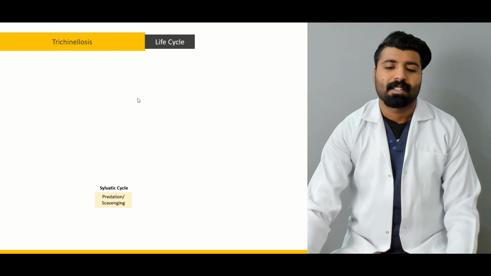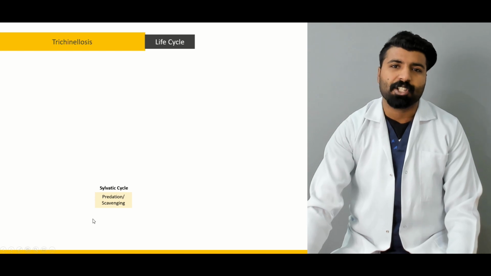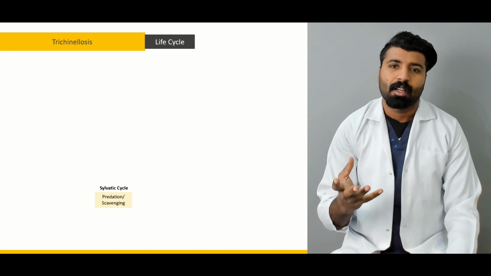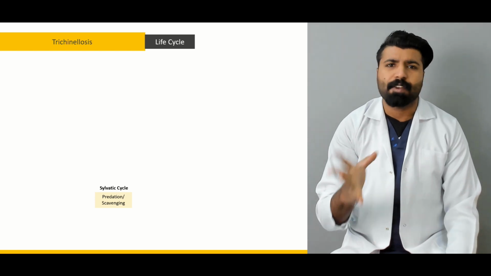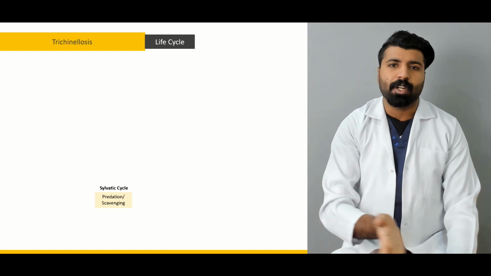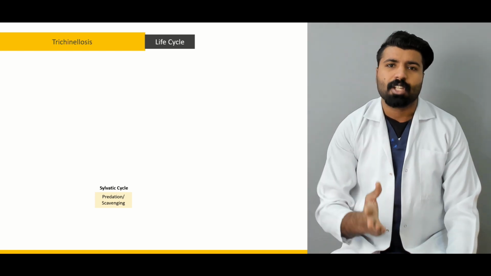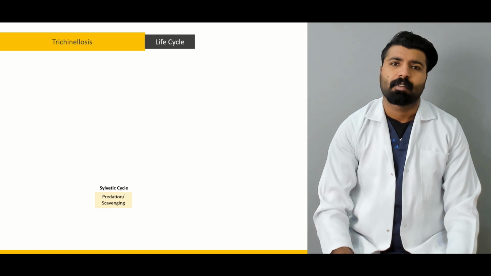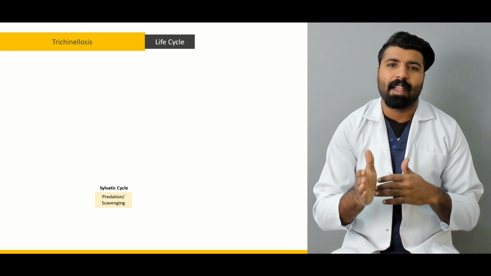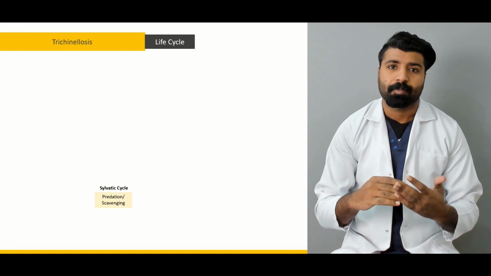One, we have this Sylvatic life cycle in which predation and scavenging come through. What is predation? What is scavenging? Predation means that one animal is preying on the other animal. It's a life cycle. For example, a cat is going to eat a mouse. It's predation. Just like that, a tiger is going to eat zebras. So it's a life cycle. It continues. In that life cycle, every animal has got some predators and some prey.